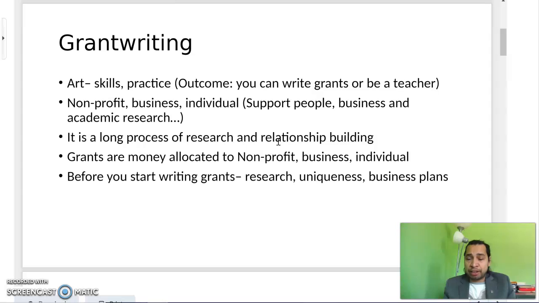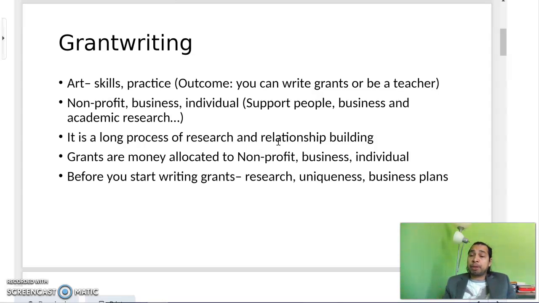And this grant writing is very useful whether you are running or working for a non-profit business, or for the purpose of your own individual purpose. For example, you want to support people in your community and you are running an organization, then you need funding. So you will write a proposal, and also it could be for your business purpose, or maybe it could be